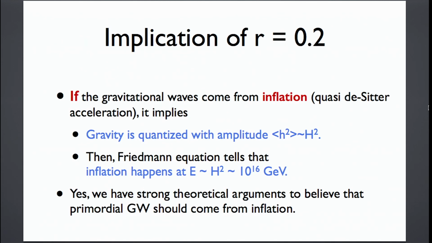Right. So implication of r of 0.2. If that gravitational wave really comes from inflation, it implies two things. The first thing is that gravity is quantized with amplitude h squared nearly Hubble squared in the early time. And second thing is that the Friedmann equation gives that the energy scale is proportional to H squared. That means that inflation happens at about 10^16 GeV scale. So we do have strong theoretical argument to believe that primordial gravitational wave, if it is detected, is from the